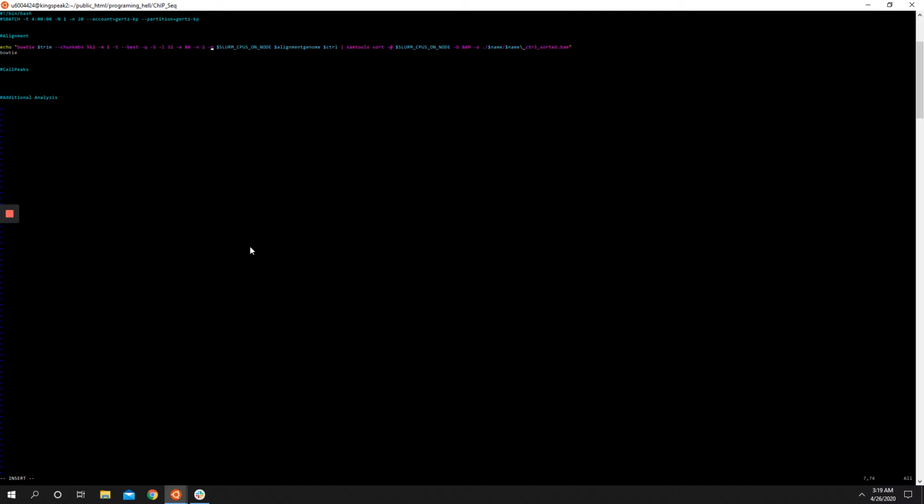And kind of the more important one for us is this -P, which tells it to parallelize it, so not just try and run on one core, because on the computers we're working on, they have at least 20 cores, so we can make it go around 20 times faster. And so we give it this argument slurm CPUs on node, which I'll explain in a second, and then it wants a genome to